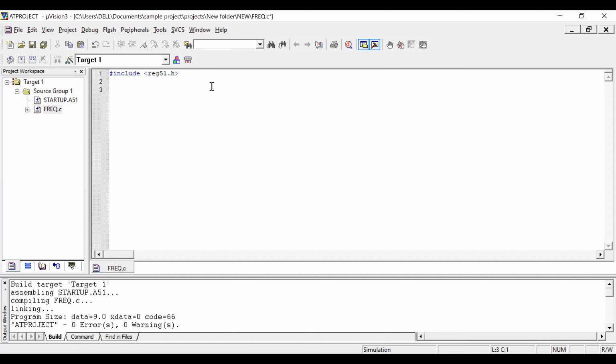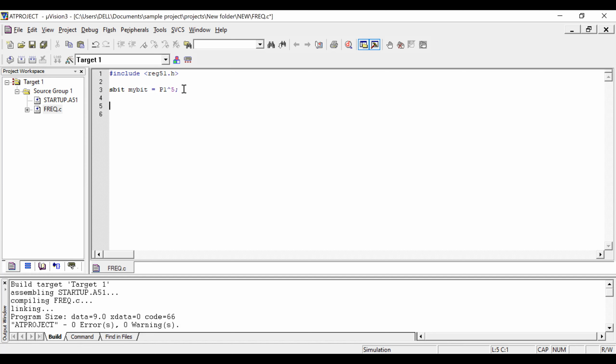Since it is a bit, I use sbit, that is single bit, and I'm going to assign it to one of the variables, that is P1.5. Here we should not use a dot, we should use caret to indicate port 1.5, the particular pin. The operation here is a single bit operation, that's why we have used sbit.